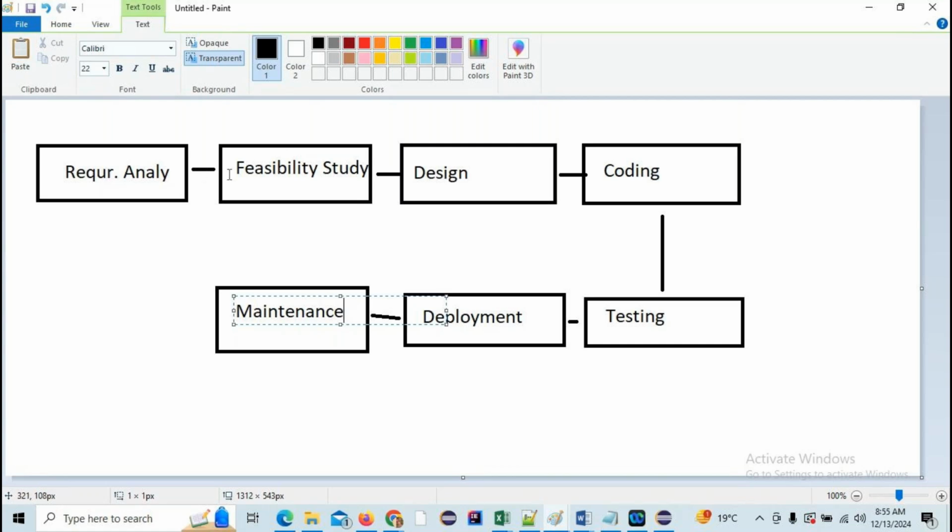That is the feasibility study. Once the feasibility study is confirmed, the design team is going to start designing the application, not coding. It's just designing. It's nothing but how that application looks after construction, after coding is done, like mock-ups, like a design. They are going to provide a design and send it to the Harsha Bank owner. When the Harsha Bank owner approves the design, they are going to start coding the